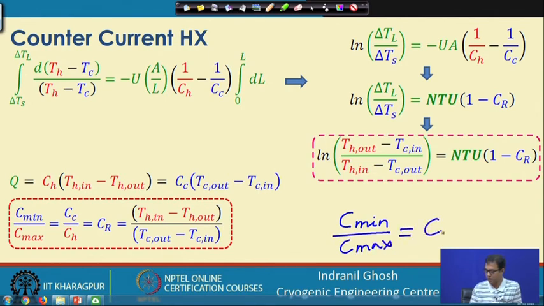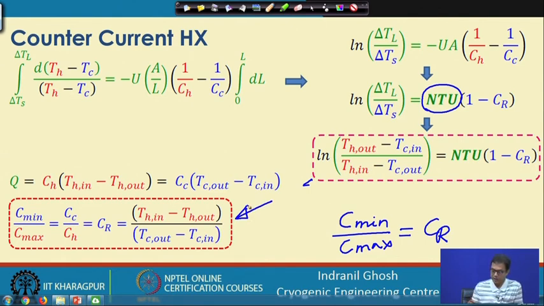So, we can write it as (1 − C_r) times NTU, and this negative sign has been taken inside. So, it is (1 − C_r). So, now if we put this value of delta T_L, what is delta T_L? It is (T_H,out − T_C,in) divided by (T_H,in − T_C,out). So, we have this relation, we also have this relation about the actual heat transfer,